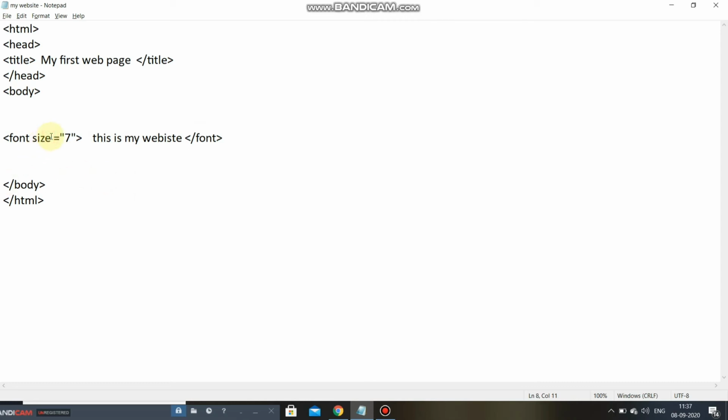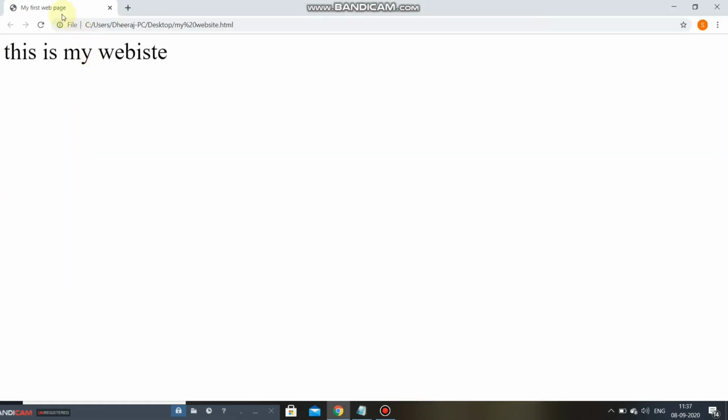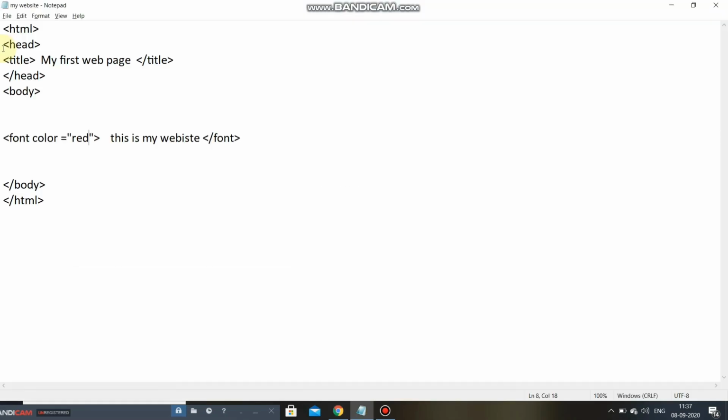It is very simple: font color. If we want to change the color to red, I'll mention red. I'm refreshing the page. Can you see this color has been changed into red? How has it been changed? By just mentioning the syntax font color is equal to red.